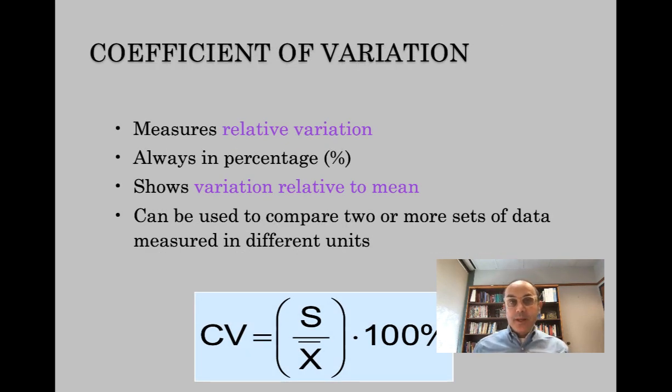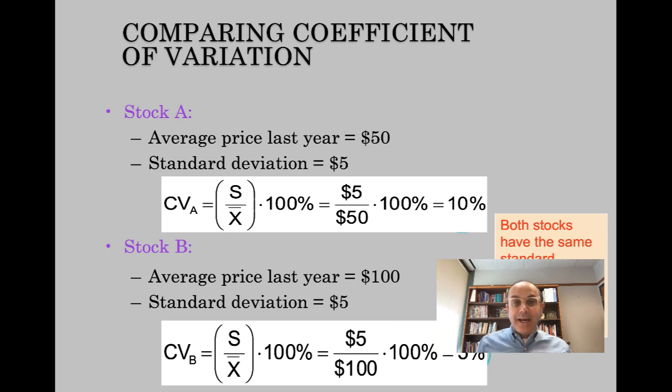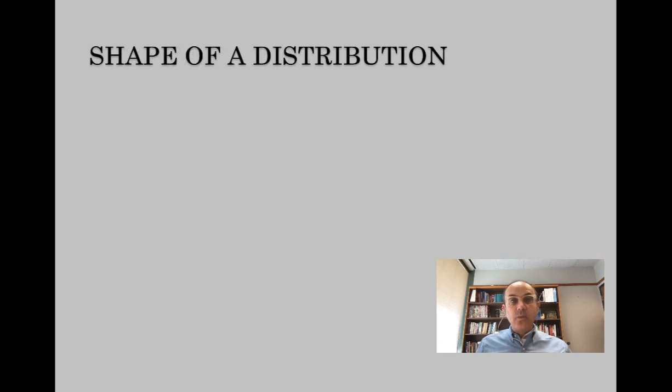The last calculation or last formula in this set is the coefficient of variation. It is always in percentage. It shows the variation relative to the mean. So we are trying to see where it stands with regard to the mean. So we divide s by x̄ multiplied by 100% in order for us to find the coefficient. The idea here is that it is often used in the business world where they compare stock A to stock B, and in this case, where it stands with regard to